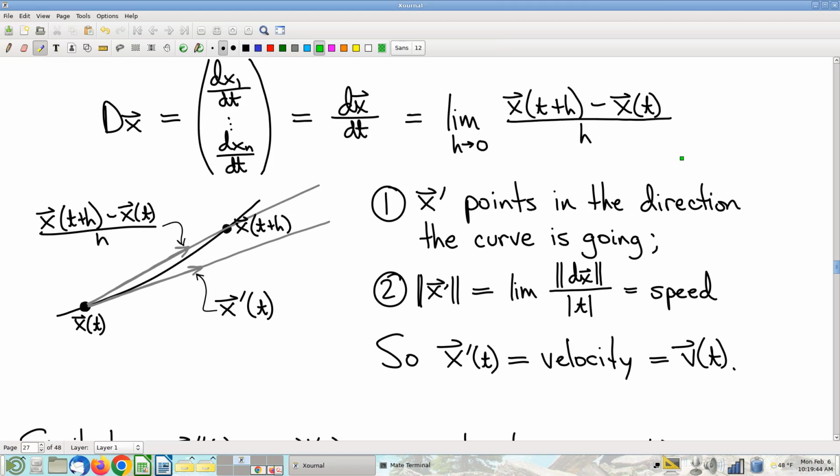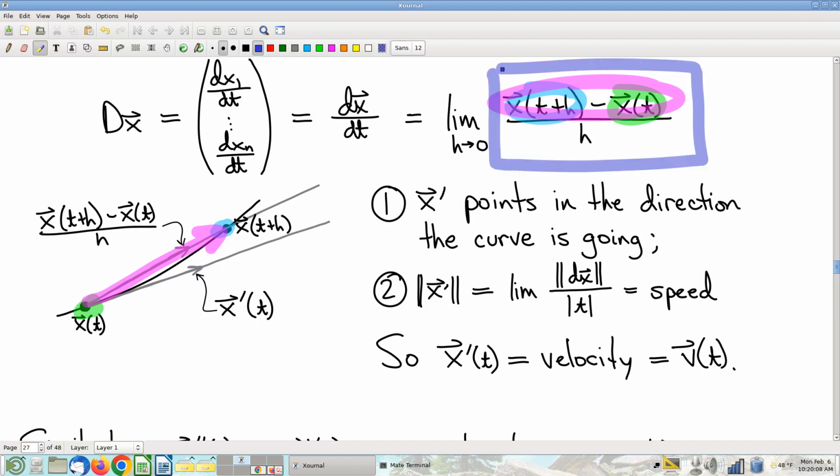So let's get to it then. How do I make sense out of this? Well, I've got some point x of t. And now I want to look h seconds later along that curve. I'm at some other point like that. And you can look at this difference vector. That difference is what I have in purple here. Now, don't forget we're supposed to divide by h,